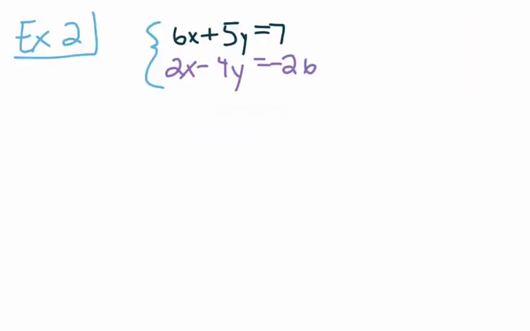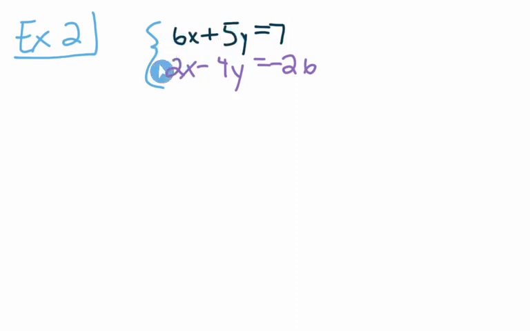Next example, we have 6x plus 5y equals 7, and 2x minus 4y equals -26. Again, we're trying to get opposite coefficients here. We don't have them at this point. Right now, we have 6 and 2, and we have 5 and -4, and we want opposite coefficients. Well, in order to get opposite coefficients for my y's, that's not going to happen easily because there's not a